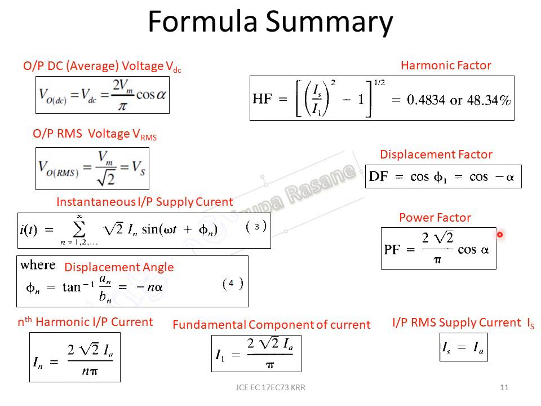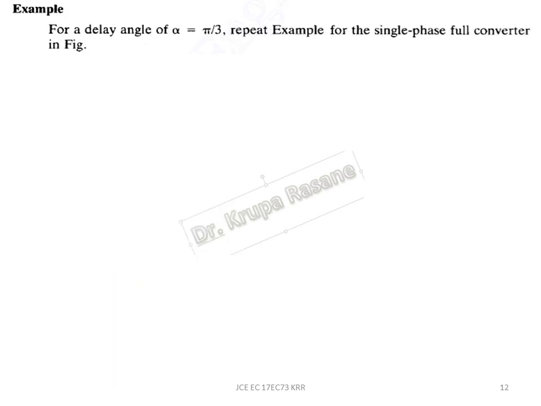Power factor is equal to 2 root 2 by pi cos alpha. So these are the formulas that we have just derived in the previous part. Now we will use these formulas and substitute for part B of the problem. For alpha equal to pi by 3, we substitute Vm as root 2 into Vs, where Vs is given as 120 in the problem, and it comes to